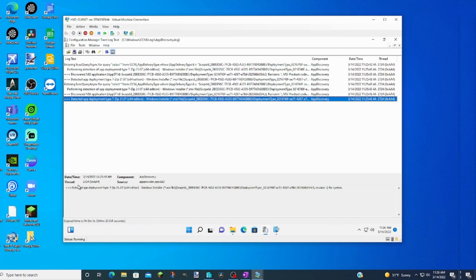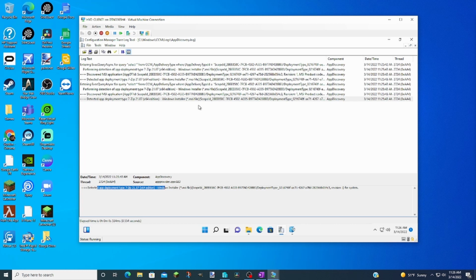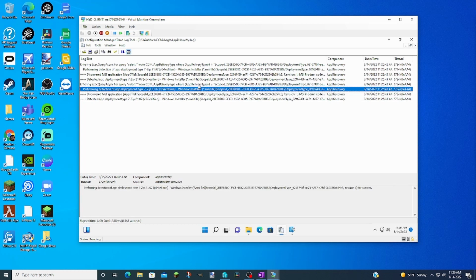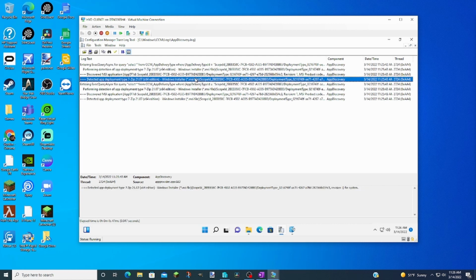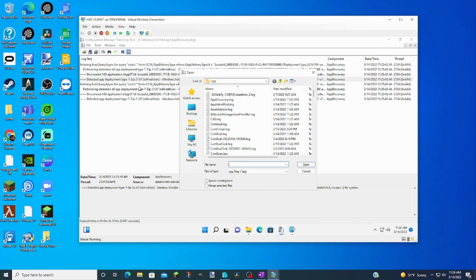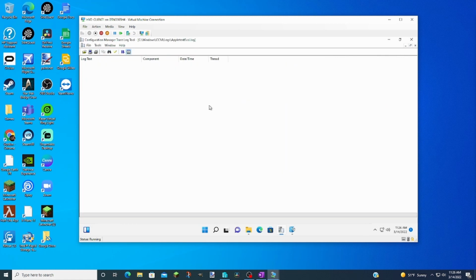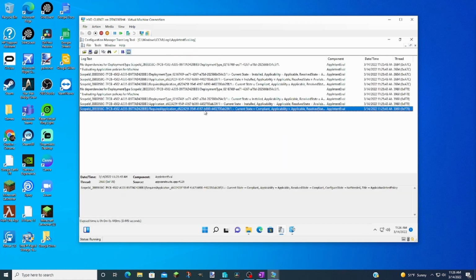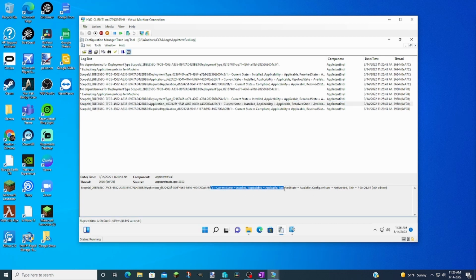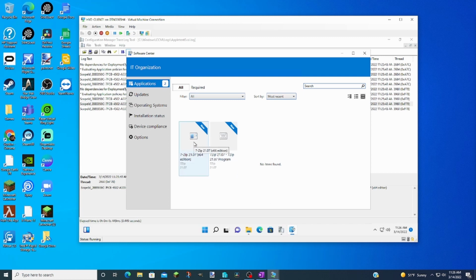7-Zip detected app deployment type. So it's now starting to check. And then we'll do the second one, app intent eval. So this current state is installed. It still thinks it's installed. So now we can see,